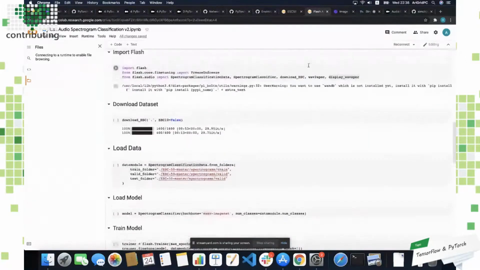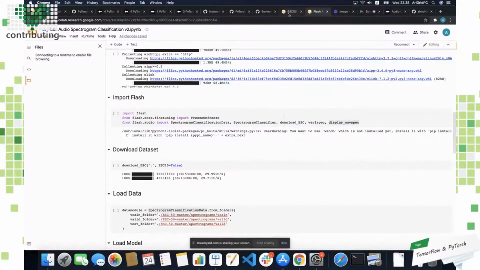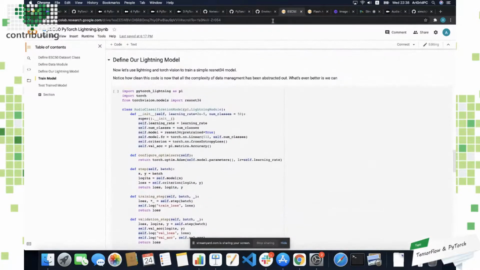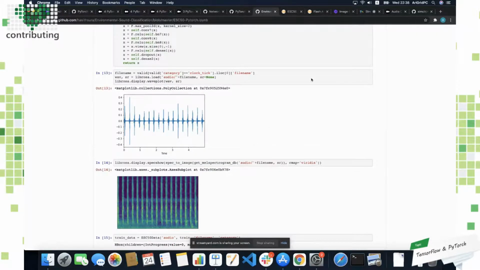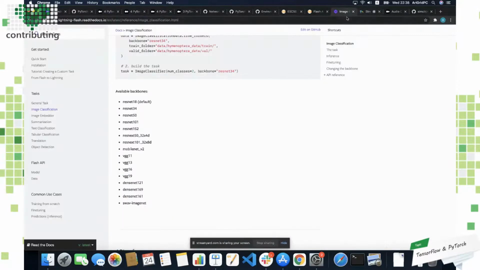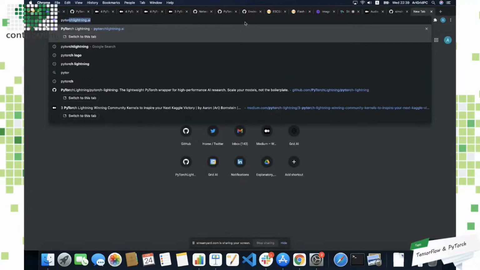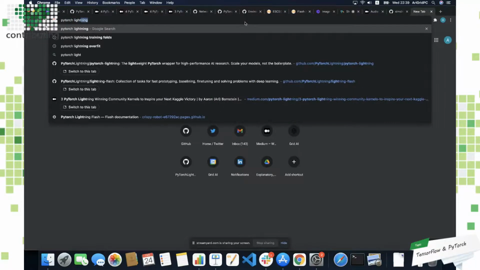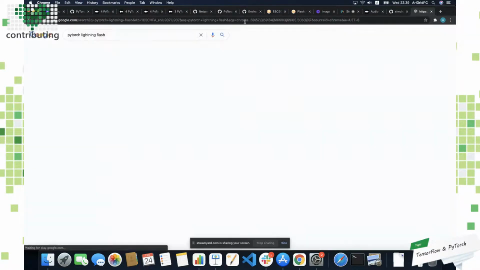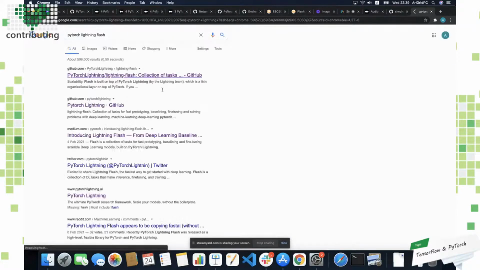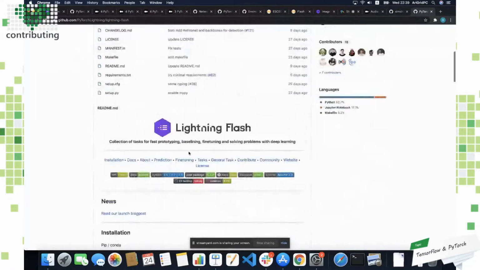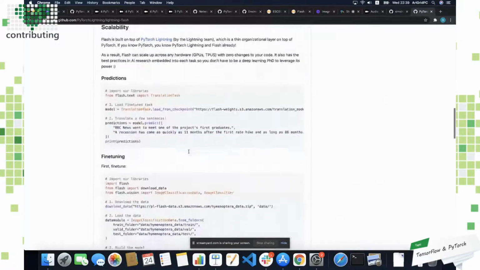So I hope you can see how much simpler this is versus this versus this. And that's what Flash enables. So I'll show you in the repo here. PyTorch Lightning Flash enables me to go in and very quickly get baselines for all sorts of tasks.